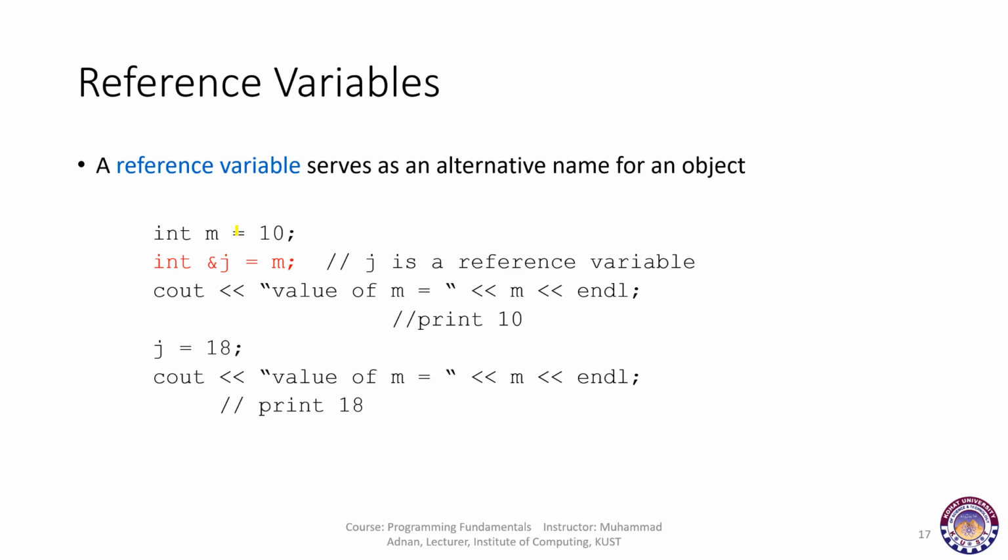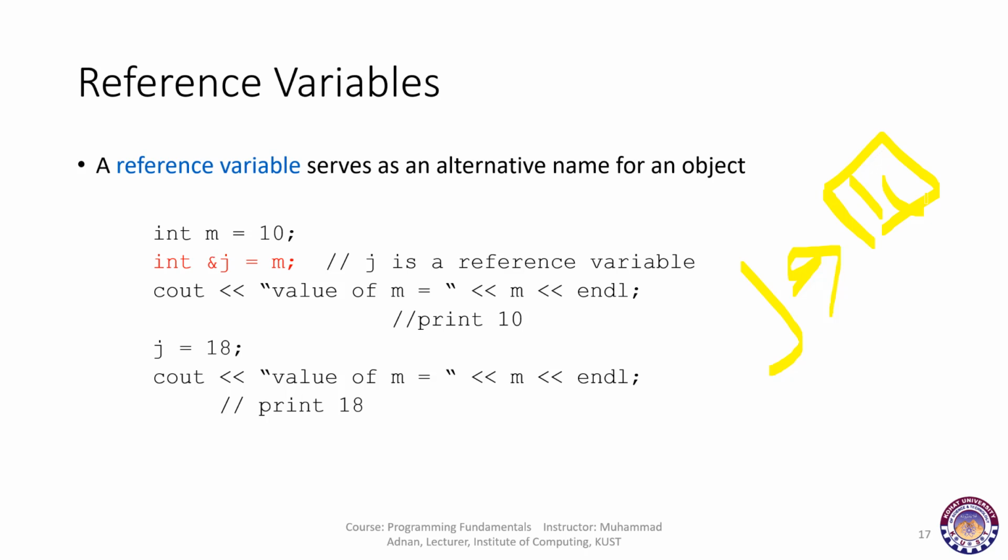So for example, we have m equal 10, we get the address of m and assign it to variable j, because here we are using the address of operator. j is a reference variable. So if we print m, we will get 10, and if we assign the value 18 to j, once again if you print m,